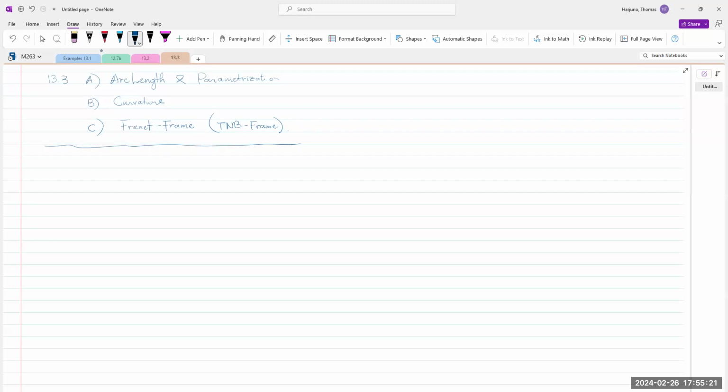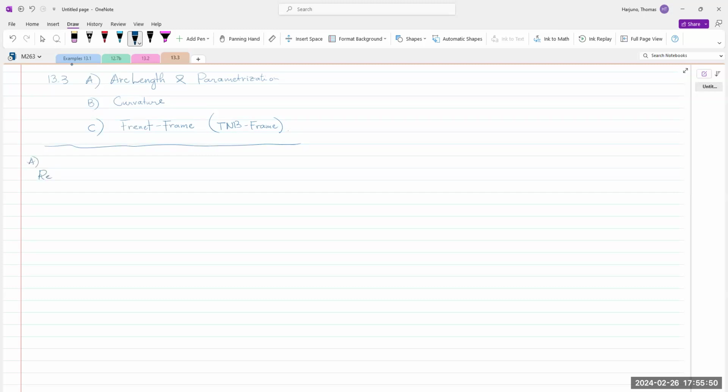Now the TNB frame is being used a lot in physics, especially if you are going into aerospace engineering, like going to NASA, JPL, anything with missiles, anything moving in space. Okay, let's start with arc length from